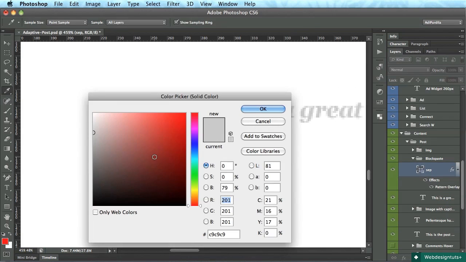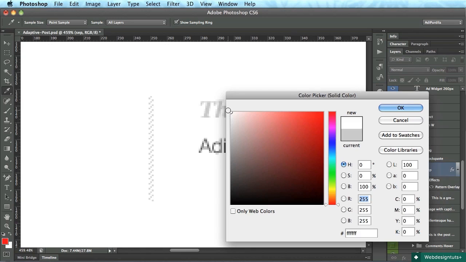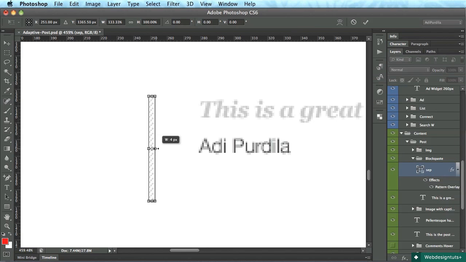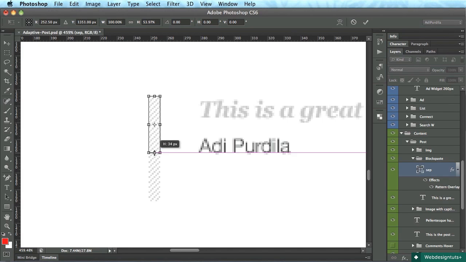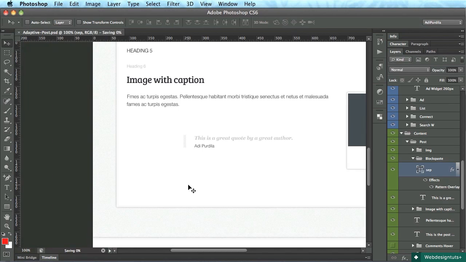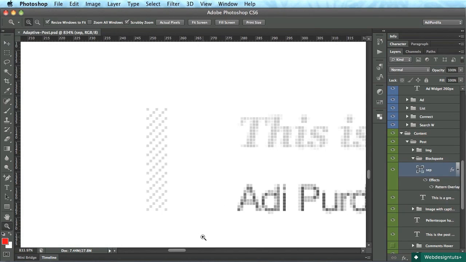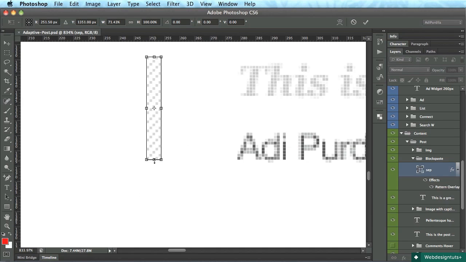Okay, I think we need to make this a lighter color. Okay, something like that. And I'm gonna make this thicker, like 7 pixels, and also the same size as our original quote. All right, let's actually make this 5 pixels, and